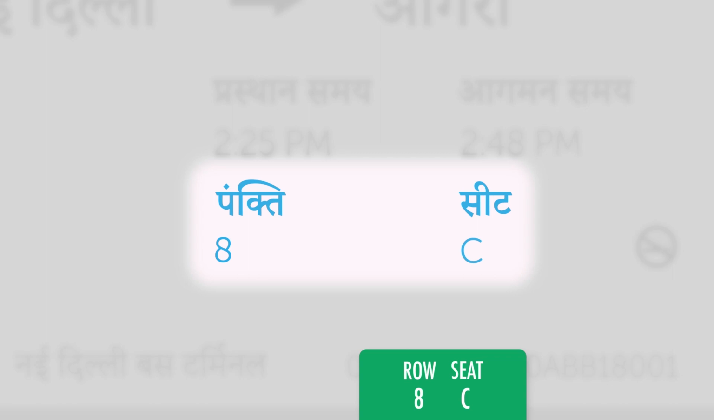The ticket says that you're in the 8th row in seat C. 8वीं पंक्ति, सीट सी।